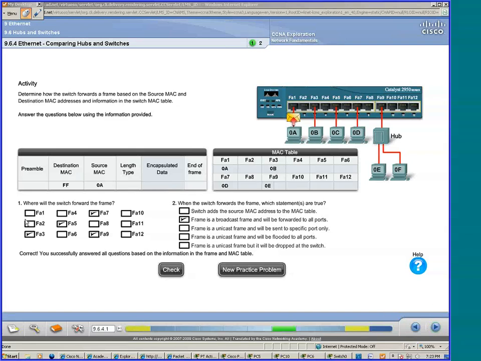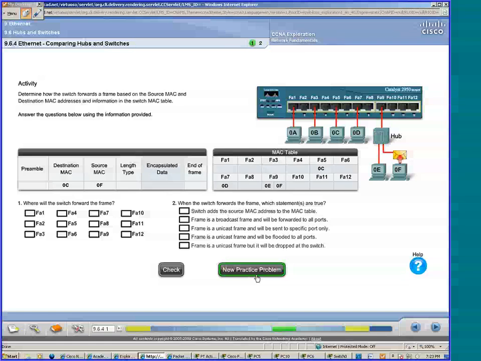All right, so new practice problem. Okay, destination is 0C, source is 0F. Let's look in the table. 0C is there, right? What about 0F? 0F is in the table, right? Okay, so where will the switch forward the frame? It'll forward it. It's going to receive it